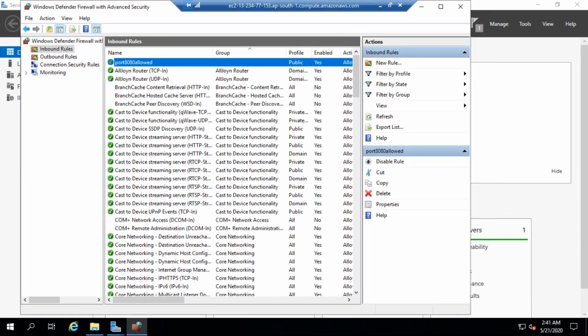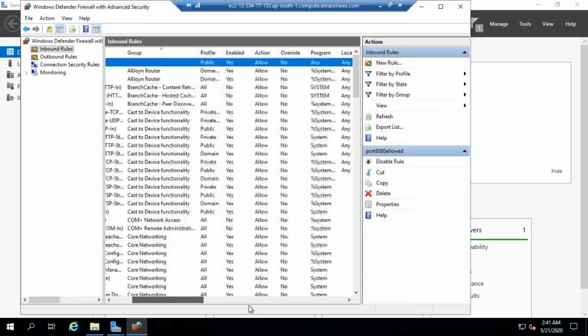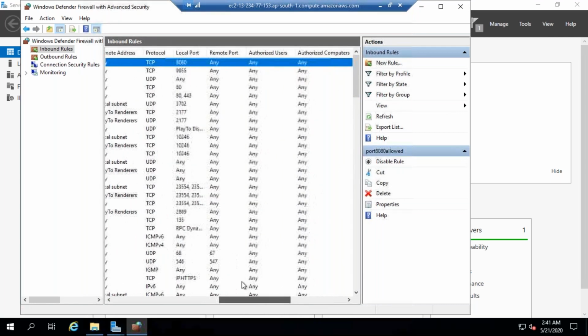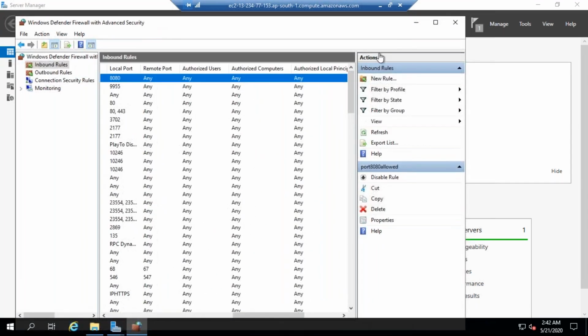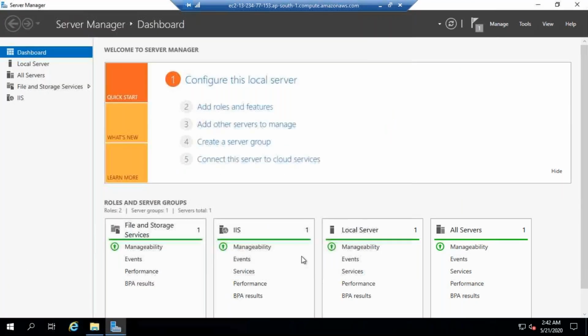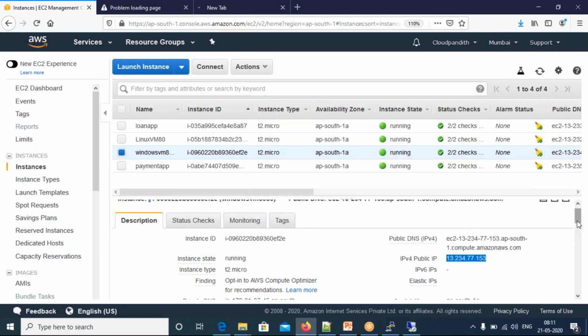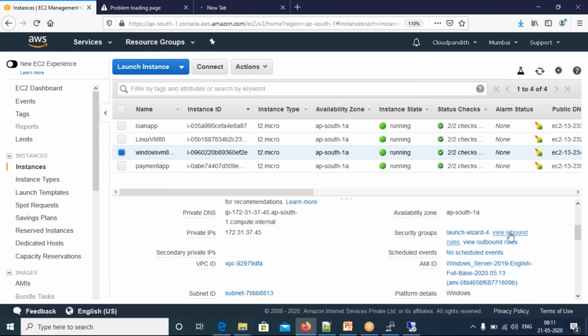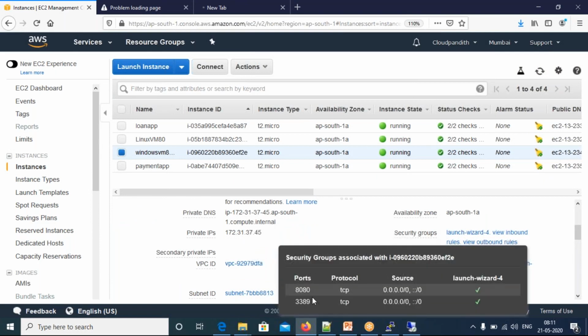Port 8080 we have allowed already. I think we need to close this. Let's close this. Port 8080 we are allowing.